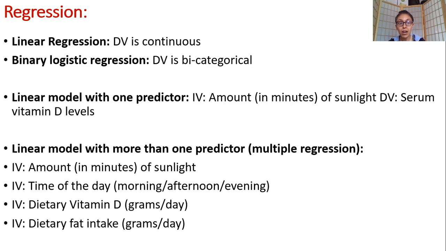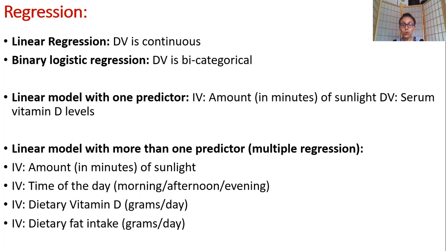Okay, and of course, when we do a mock, say practice example, we'll see how we control for variables. Then you have a linear model with more than one predictor, predictor meaning your independent variable, and this is called multiple regression. Okay, so over here you have more than one independent variable. So I've just given a hypothetical example. You may have four predictors in your, say, research project which you're doing.